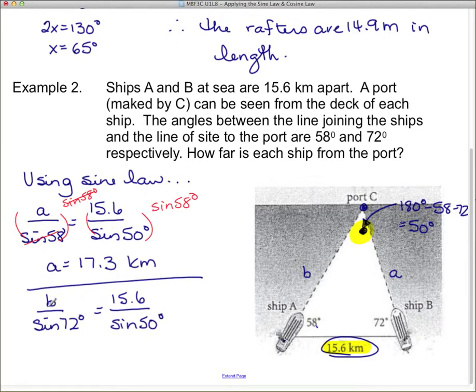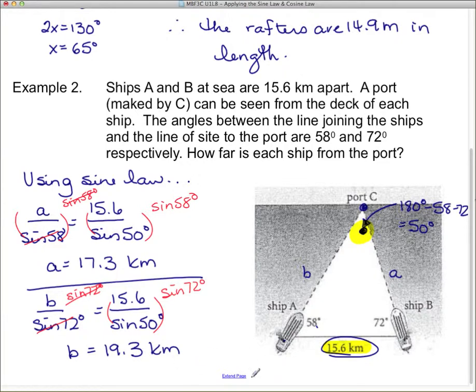And we got to get B by itself. So to get B by itself, we got to get rid of sine 72. So I need a sine 72 on top to cancel out. And if I multiply by sine 72, I got to do it here. Sine 72 degrees. And I'm just going to multiply that out so that I get B equals,